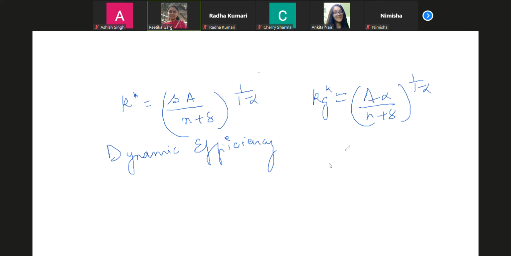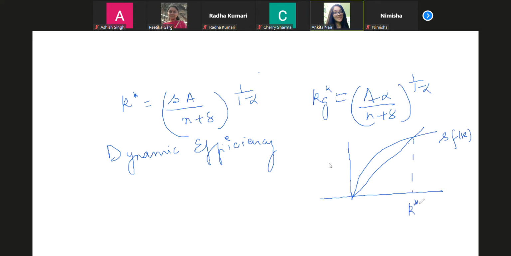So what we see is that in case your steady state, this is SFK, this is K star, and suppose this is, now you know, golden rule of capital labor ratio can be either to the left of K star or to the right of K star. So let's say golden rule of capital labor ratio is here. So if you are to the right of the golden rule of capital labor ratio, what this just means is, as correctly pointed out by one of your friends, that if you over accumulate capital stock beyond this golden rule of capital labor ratio, then you are basically accumulating capital by sacrificing consumption,